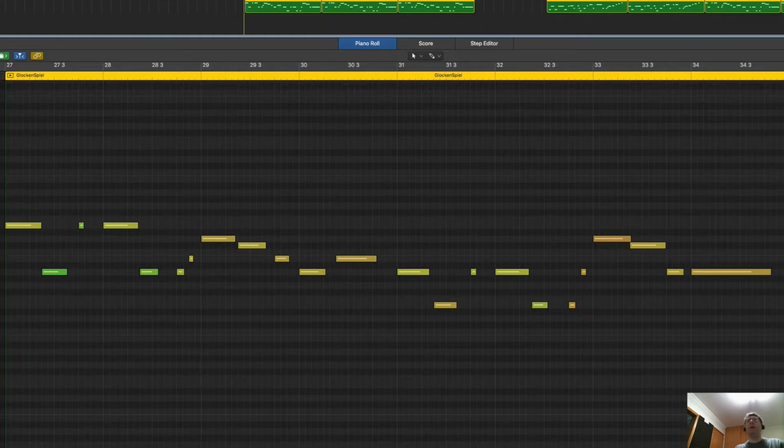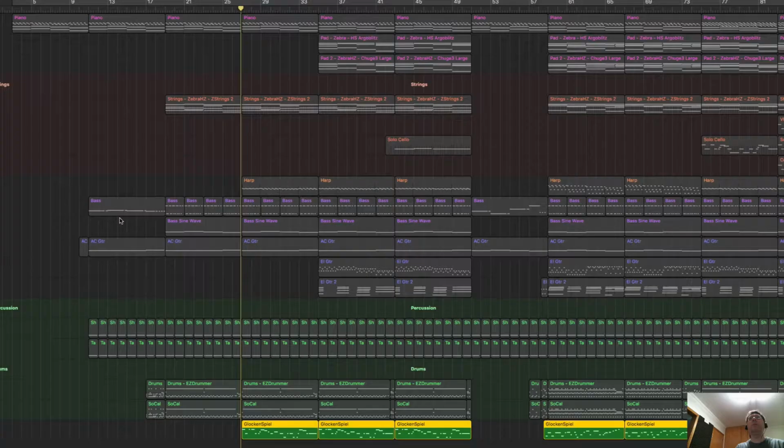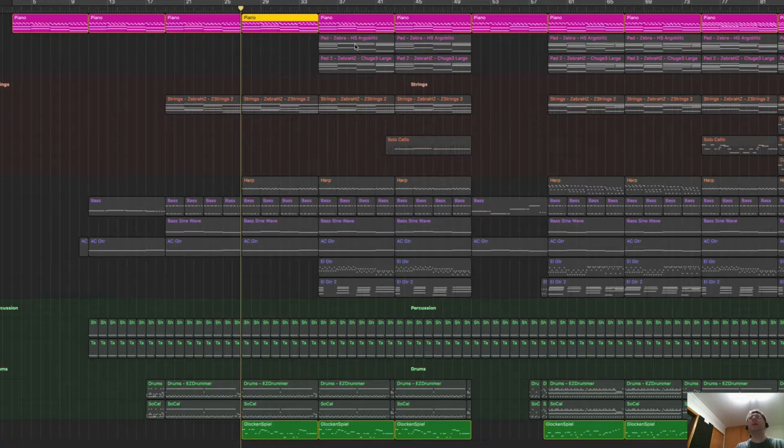So, a very simple melody. The notes are all inside the scale of A major. That's, by the way, the key of the piece. And one thing you can do is to arrange your harmony. For example, in my case, my harmony and my main idea is on the piano. Put the piano in a loop